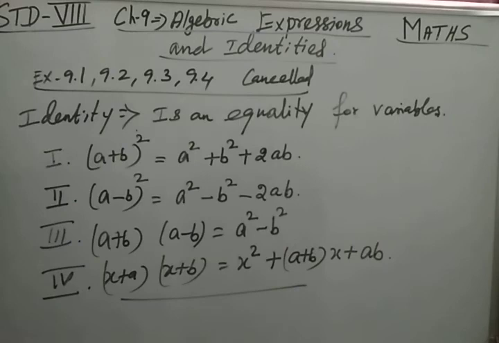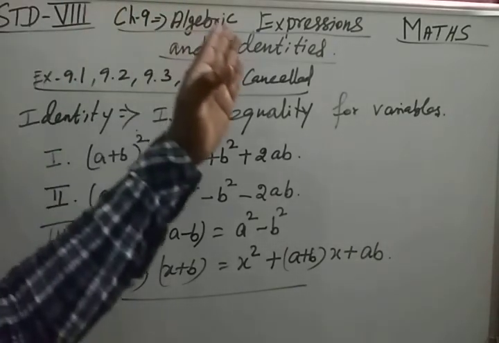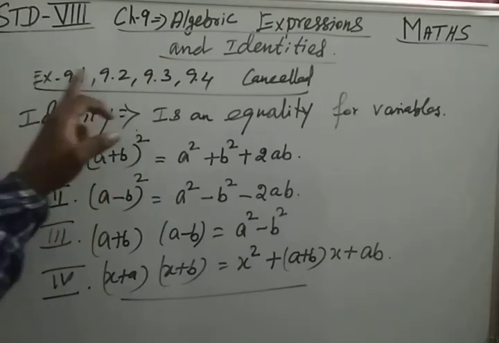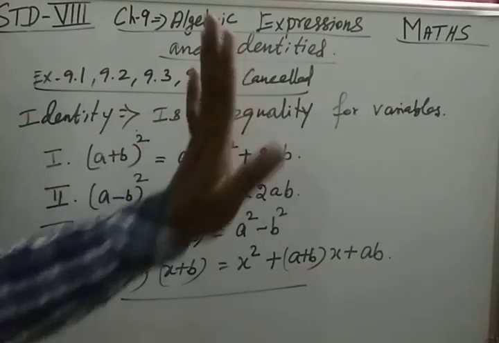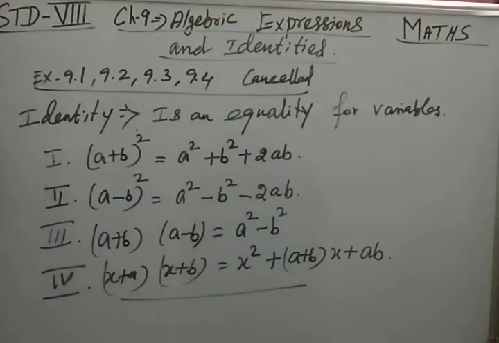So now today I have given you the introduction of algebraic expressions. Why didn't I do 9.1, 9.2, 9.3, 9.4? It is all based on multiplication, addition, subtraction, division. We already learned that last year itself. So I just gave the definitions there: what monomial means, what binomial means, what trinomial means, what polynomial means. Like that I gave only the definitions.